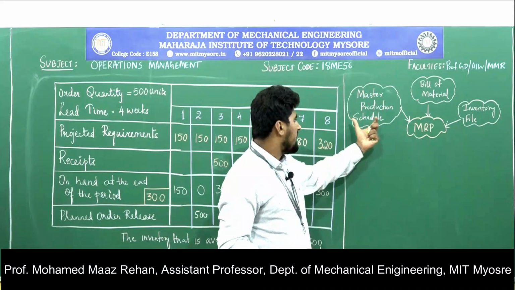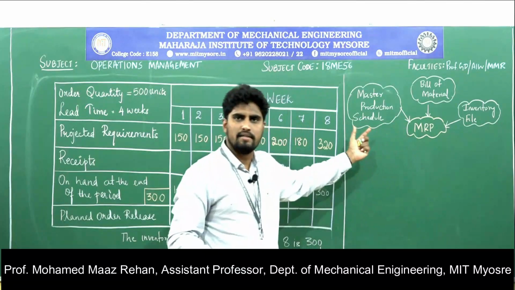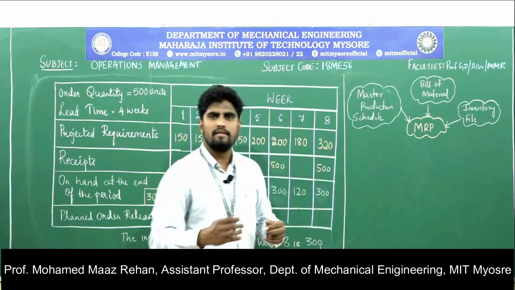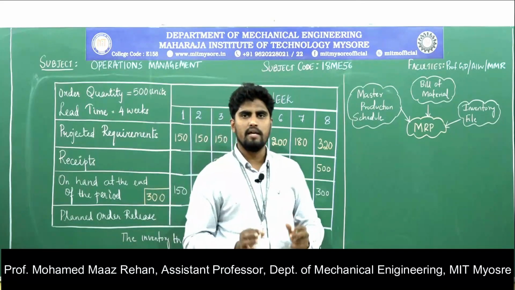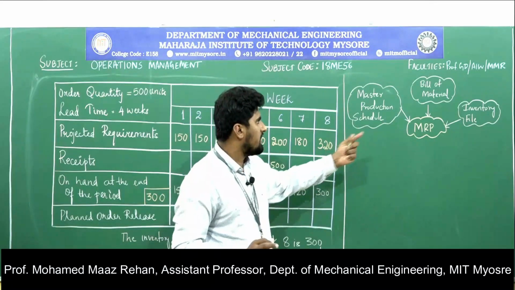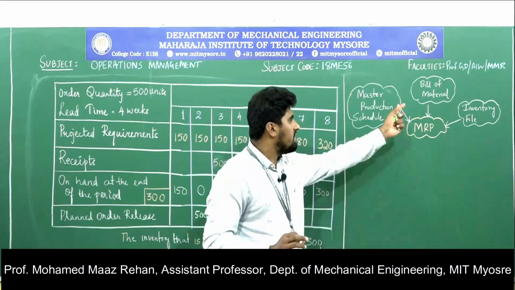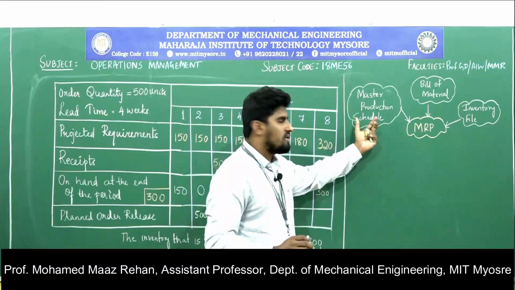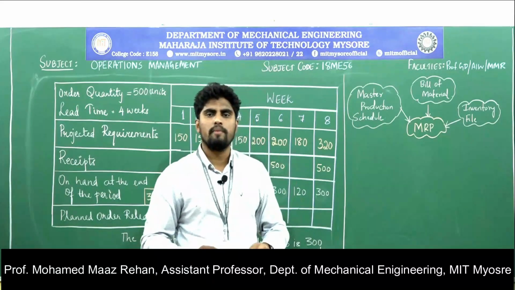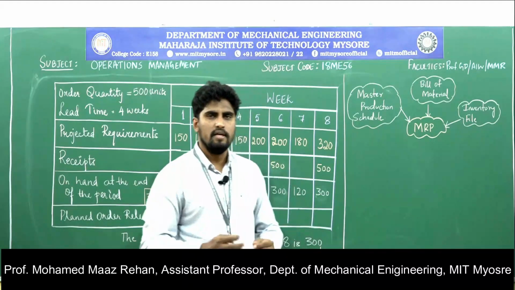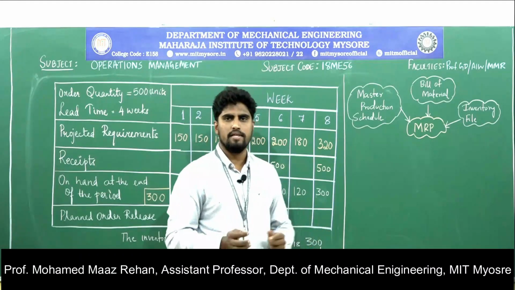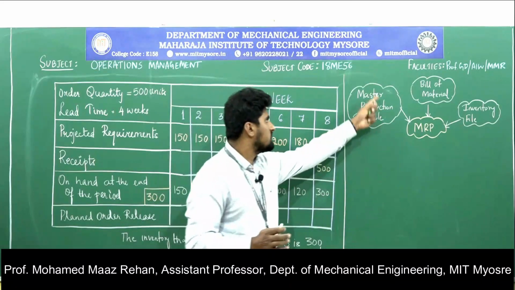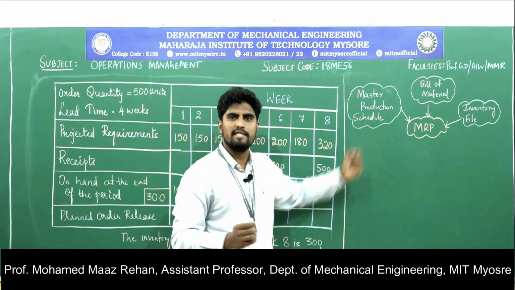So MPS, what exactly does it tell? It schedules the lead times, how much time is required in order to manufacture a particular component. That is what MPS is, right? In a master production schedule, it just tells how many quantities you need to manufacture. Say if I consider an example of a wooden chair, if I want to manufacture 100 wooden chairs, the master production schedule just tells